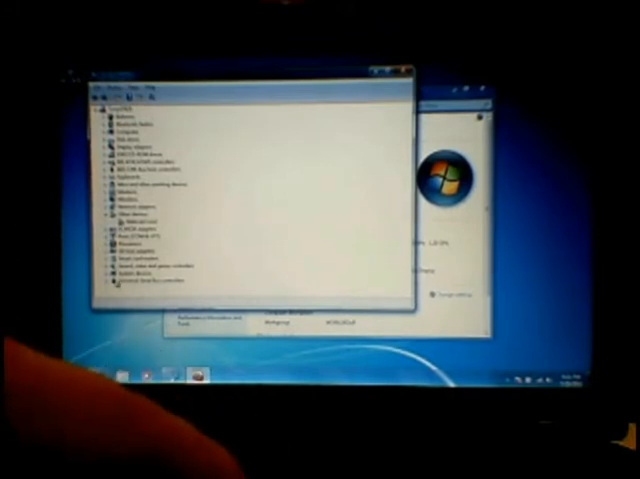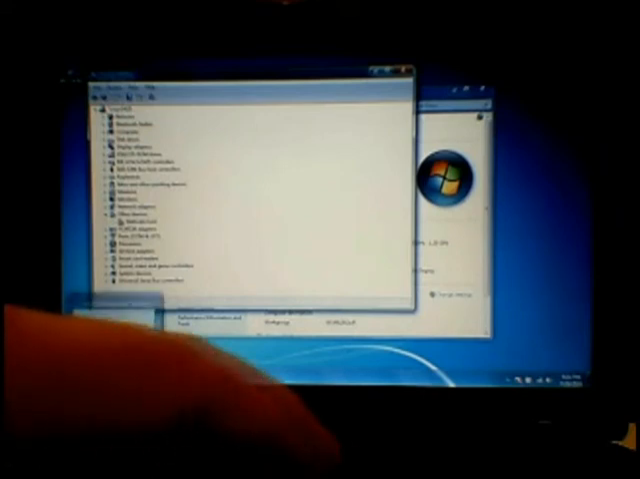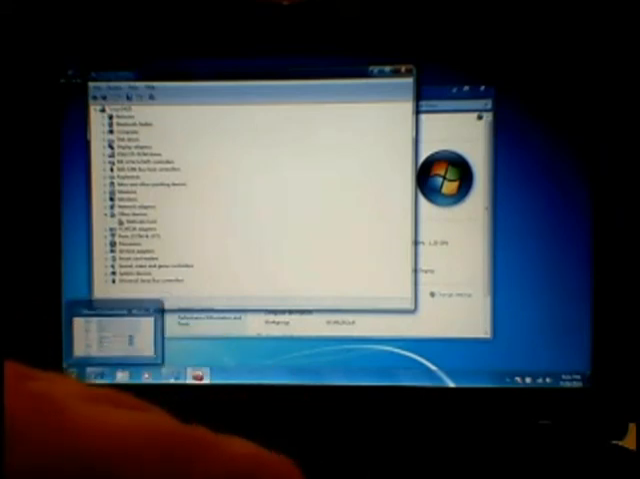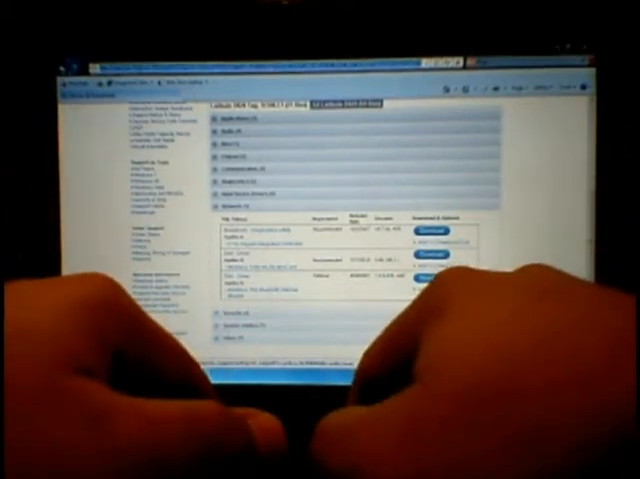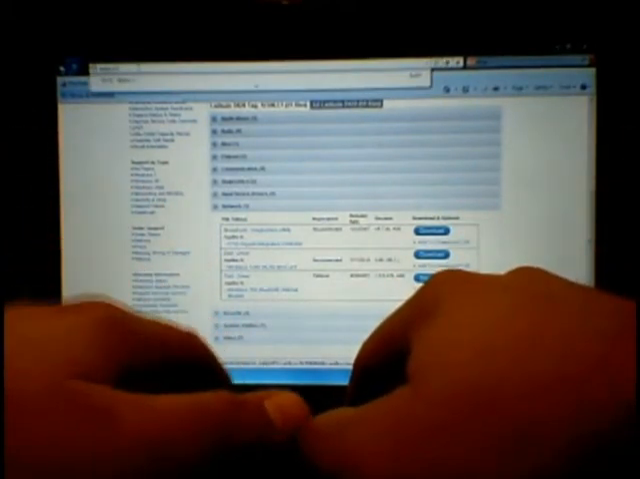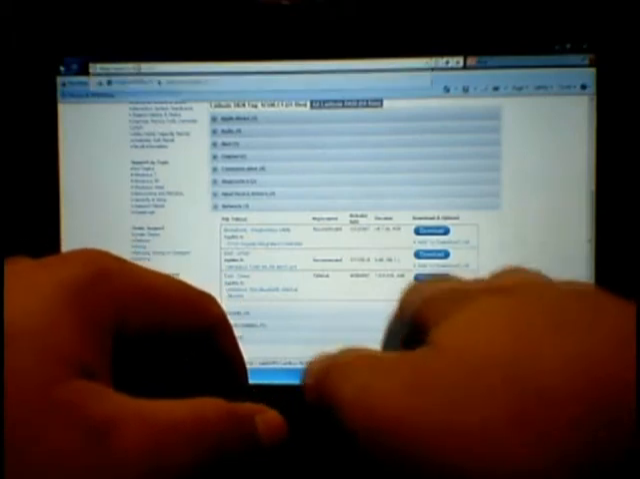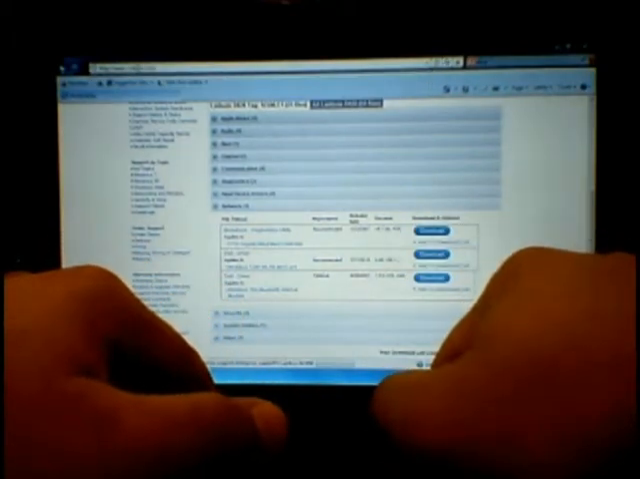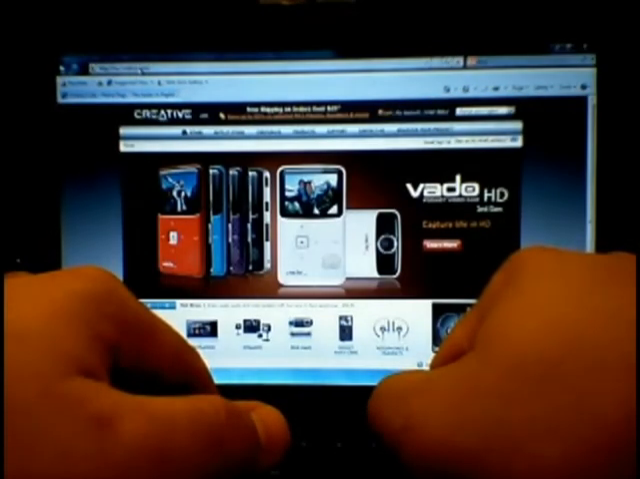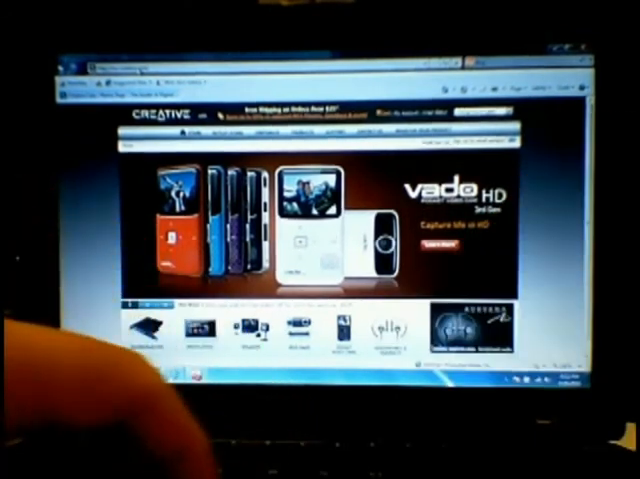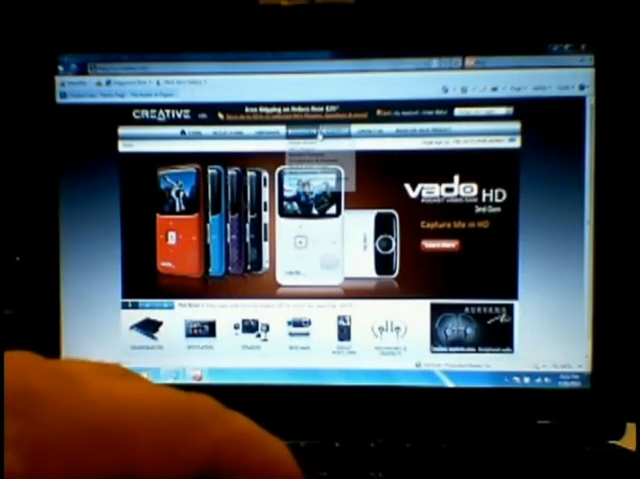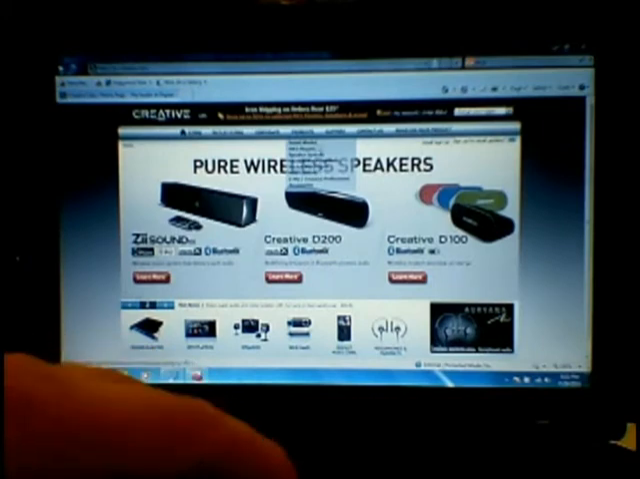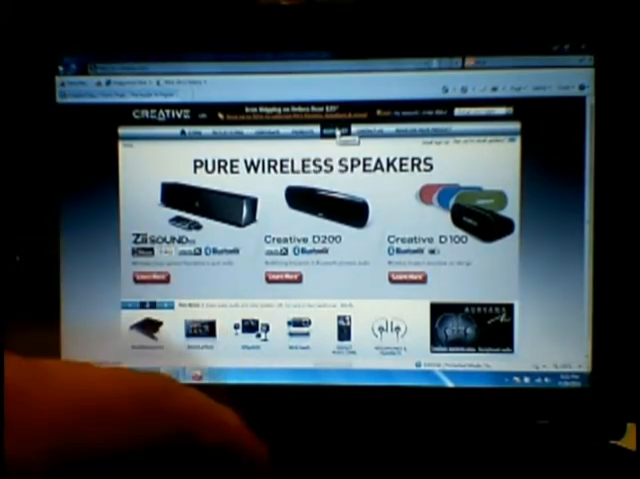So to find this driver, we're going to go ahead and go to Creative's website, because it is a Creative webcam. So we're going to navigate to www.creative.com. Okay, and this is Creative's website, and we're going to go to products, and we're going to go to support,